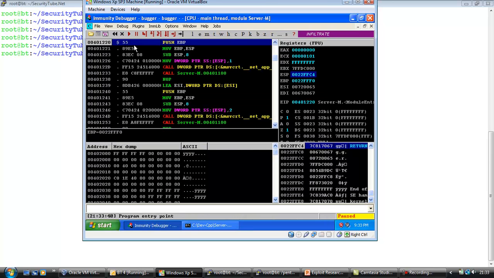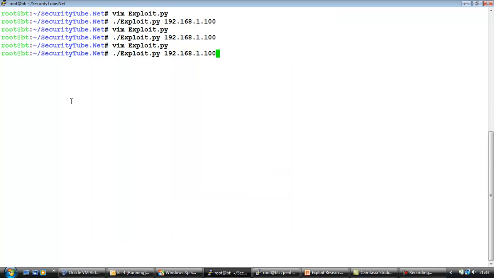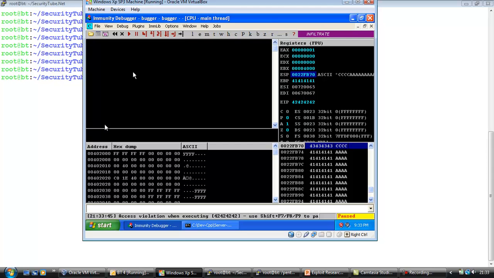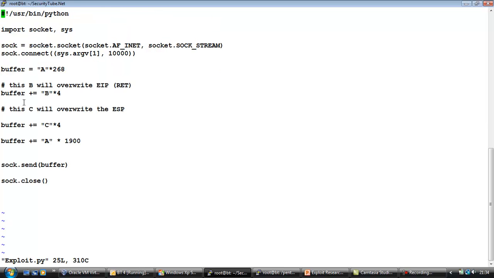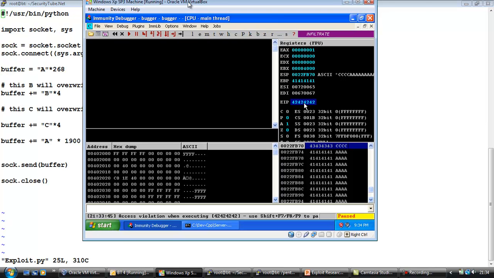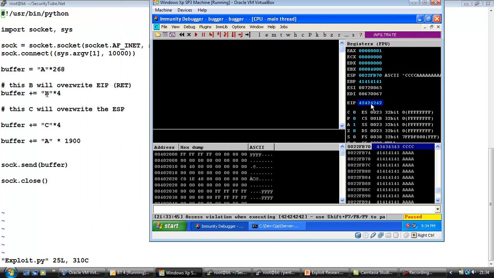Let's run the server. Again, there's been a crash, but here is something interesting. EIP now contains all the values 42, 42, 42, 42, which is nothing but the hex representation of capital B. So if you go back to our program, this is exactly what our assumption was. Our hypothesis was that capital B is going to overwrite EIP, which is what has happened, and capital C, first